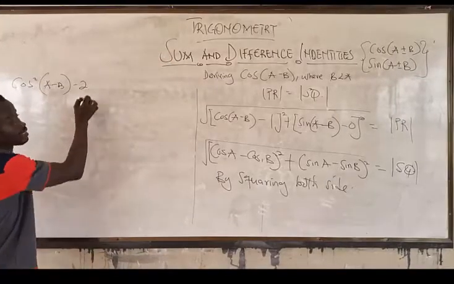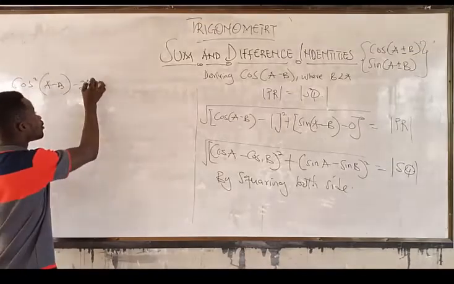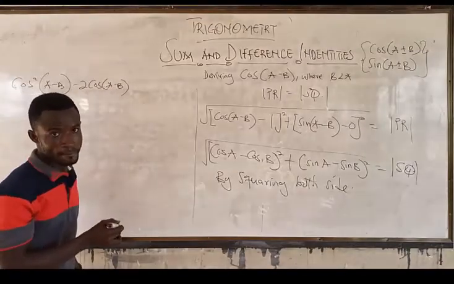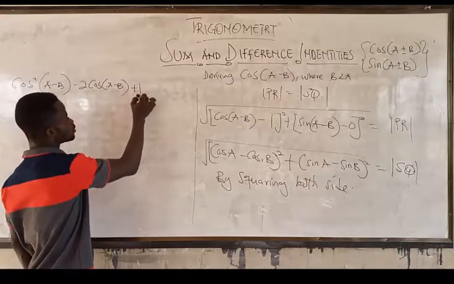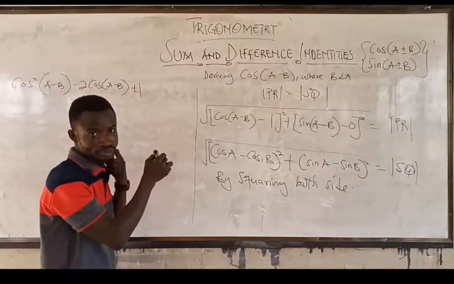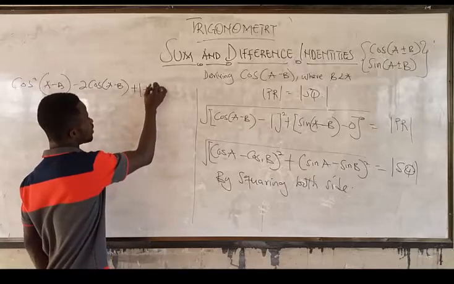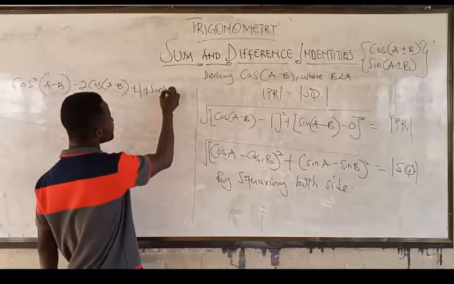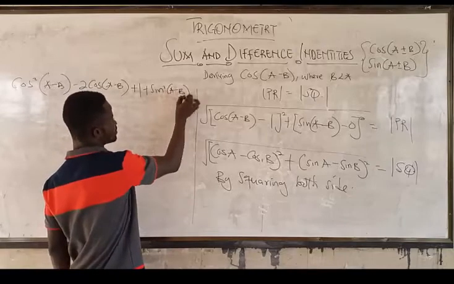So make sure you do that. Cos A minus B plus 1 plus sine square A minus B